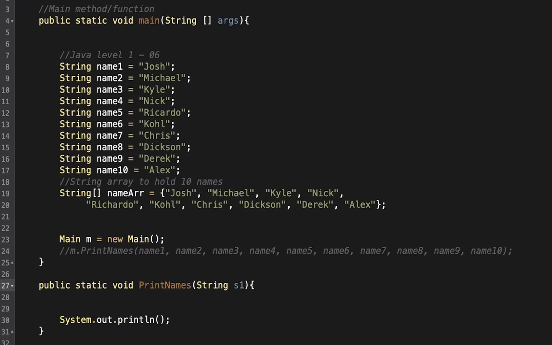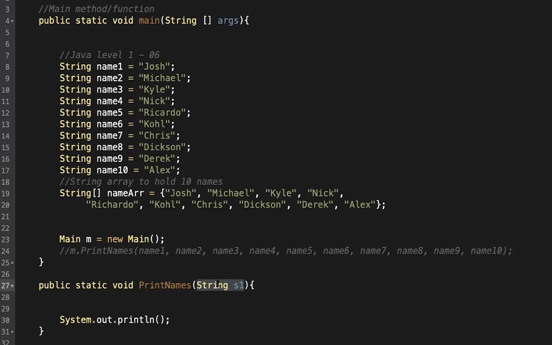Now, do you think that somewhere in this function, I need to tell it, instead of just taking a single string, I need you to take an array of strings? Sorry, what was the question? So for example, I have this function right here called print names, right? And it's just currently taking in one string, right? If I want to have this guy take in a single array of strings instead of just one string, would I have to change this function at all in order to accept